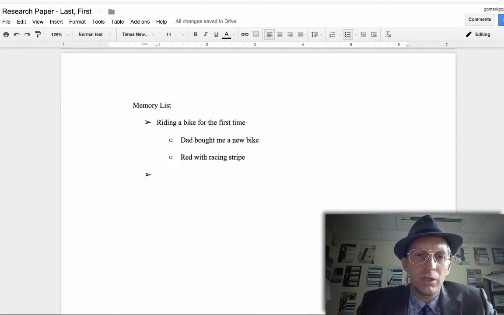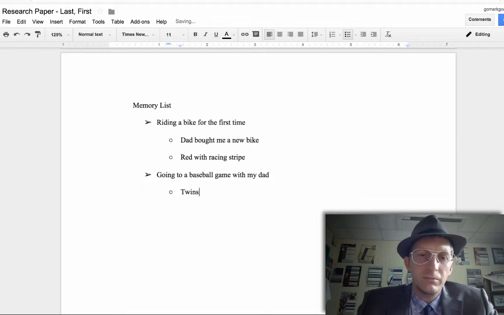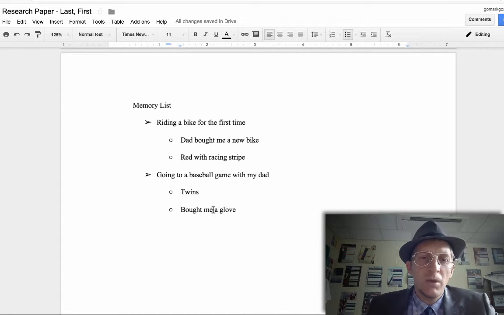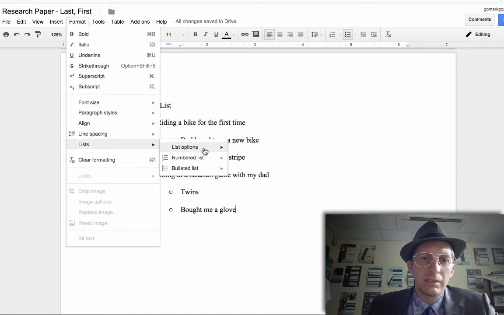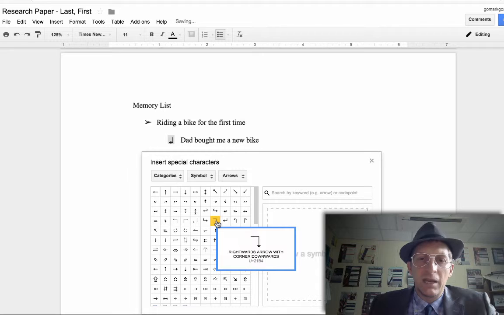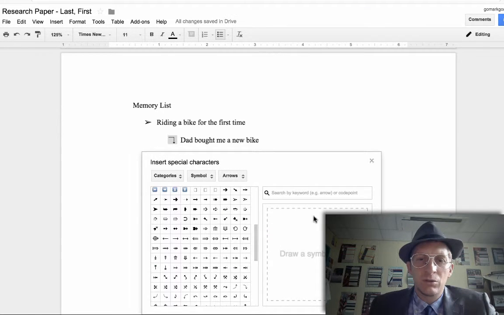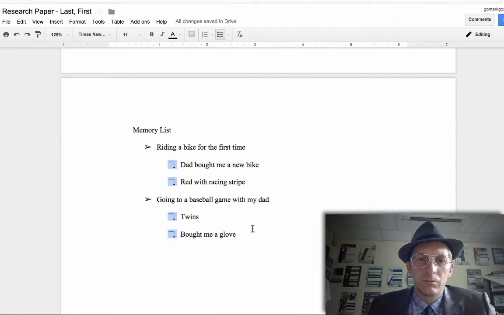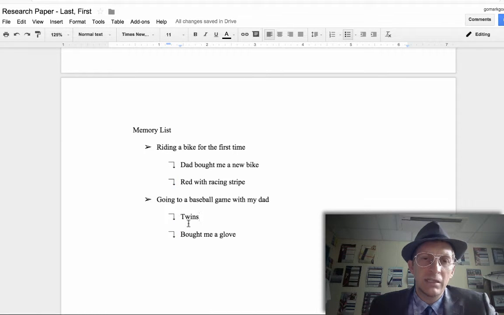So I'm going to put my second memory is going to a baseball game with my dad. Okay, and maybe the team. It was the Twins, and he bought me a glove. And again, if you ever want to change the format of these, you can hit Format, Lists, and Number Options and change the bullet. You can even go to More Bullets and customize it to any of these you want. See? So go ahead and put a custom bullet as your second level,